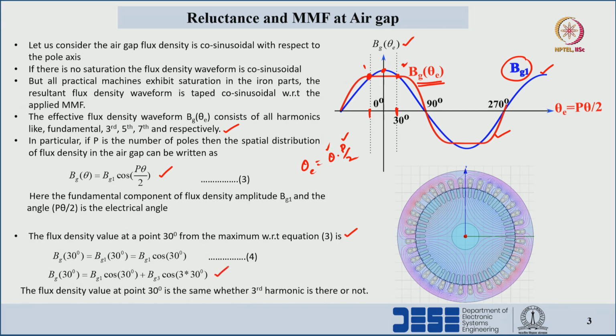If we incorporate the third harmonic also, there is no change. The Bg value at 30 degrees is equal to Bg1 into cos 30 only, because the cos 90 value is equal to 0, so this term will be cancelled. Only Bg is equal to Bg1 into cos theta electrical. This is the equation to find the magnetic flux density at the air gap with respect to the non-linear flux waveform, where the core is saturated